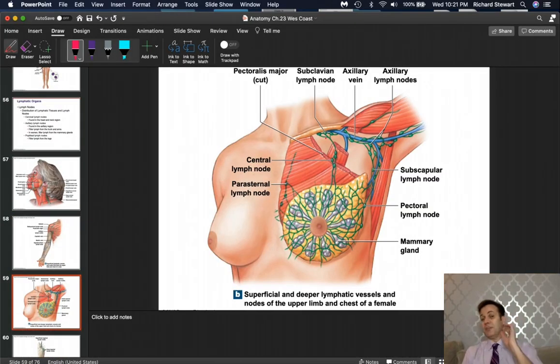This is a problem because the breasts have a lot of lymphatic tissue, and the breasts react to several different hormones. Because they change like that, the chances of cancer growing can happen. So if we get breast cancer and it starts to grow and gets into one of these lymph nodes, here's where it's dangerous. If it gets into a lymphatic vessel, all it has to do is go this far and it dumps right into the subclavian vein. Goes right to the heart and now it's metastatic. It doesn't have to travel through too many lymph nodes. That's why breast cancer is so dangerous.